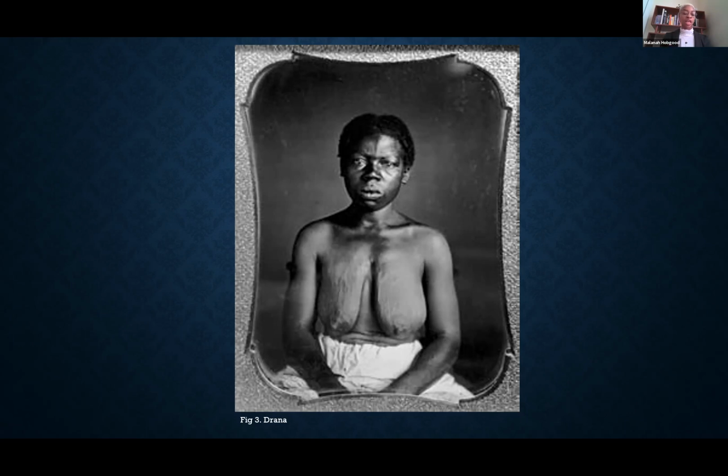pseudoscience. The image of Drana shows a woman of color sitting in a frontal view and staring directly in the camera with her bare breast exposed. On her breast, there are markings that suggest she was previously whipped or some sort of violence was inflicted on her. Her hands are clasped in front of her as they lay on her lap. There are remnants of her clothing that appear to be rolled down to expose herself as if she was undressed